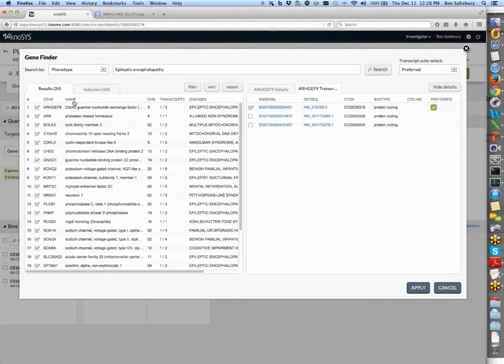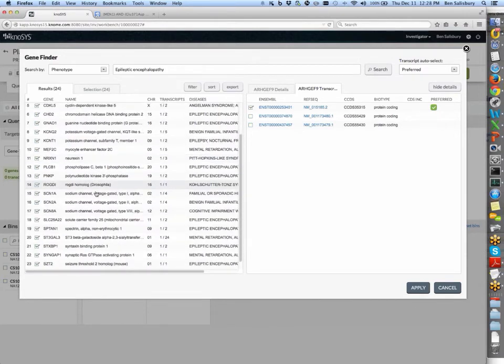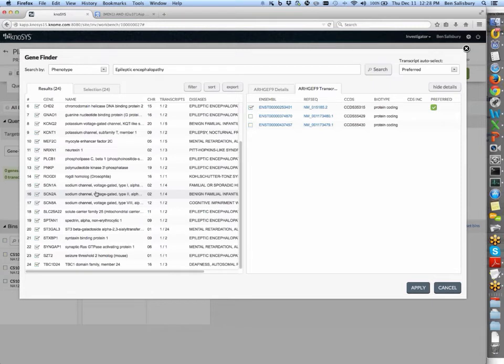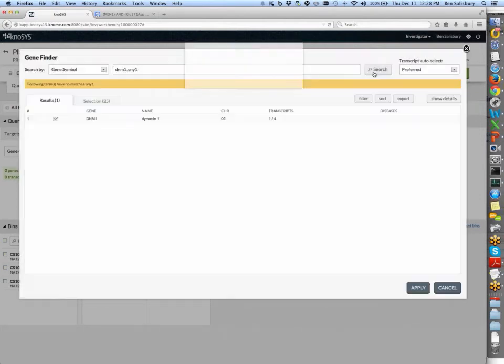this should do. The only problem is when I look down this list, I noticed that we're missing some genes. That is, we're missing genes that came out through the Epi4K study that Dr. Goldstein was involved in. So there was the dynamin-1 gene and the synapsin-1 gene. And we're not searching by phenotype this time, but by gene symbol. So let's do our search.